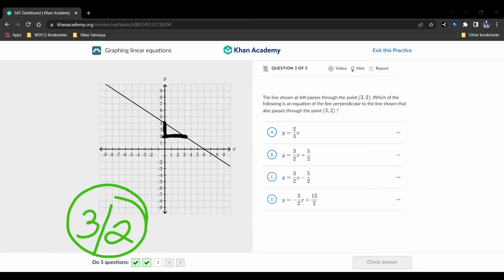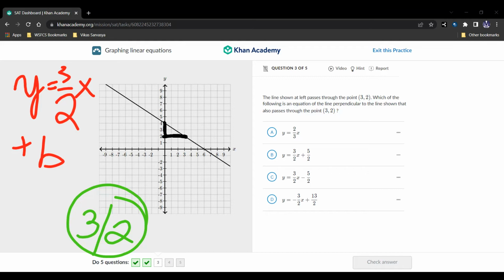So we have y is going to equal 3/2 x plus b. B is our constant. We're told that the perpendicular line also passes through the point 3, 2. So we can plug in 3 as x and 2 as y, and then we get 2 equals 9 halves